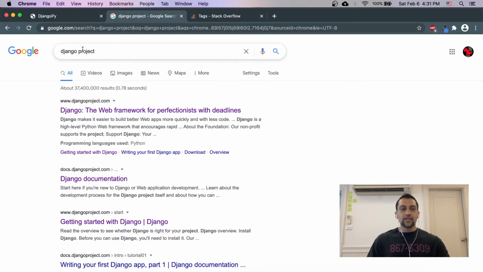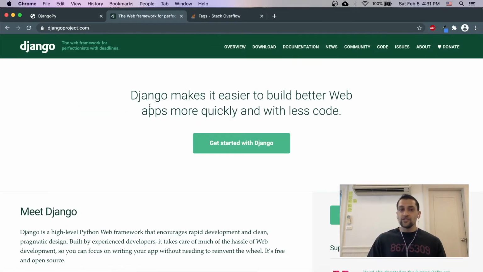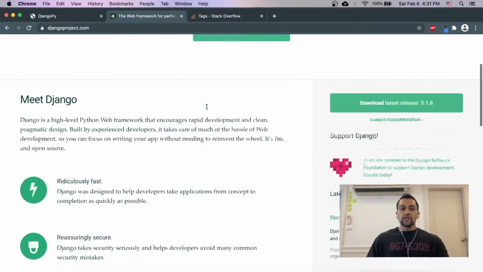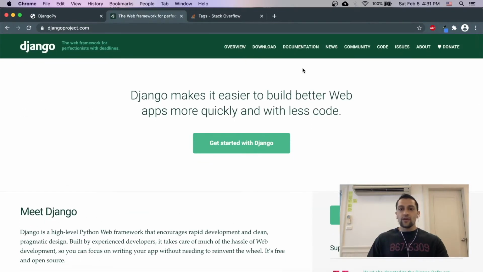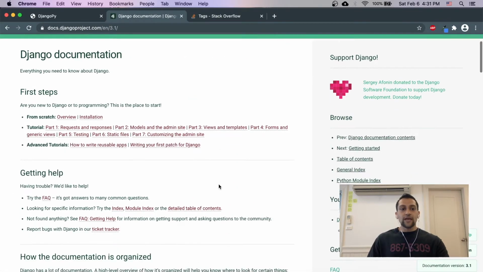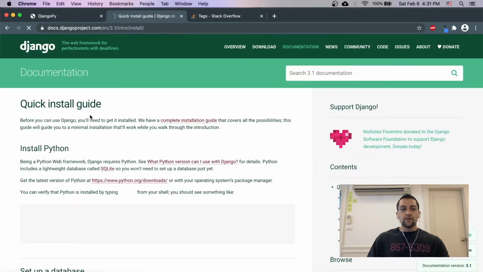Django Project ข้างใน Google Search link ที่เด็กครับคือ Django, the web framework for perfectionists, and we'll see the documentation. ผมจะแสดงว่า documentation ในสมัยก่อนแล้ววันนี้เราจะแสดงว่าใช้ documentation อย่างไรครับแล้ว installation ใช้